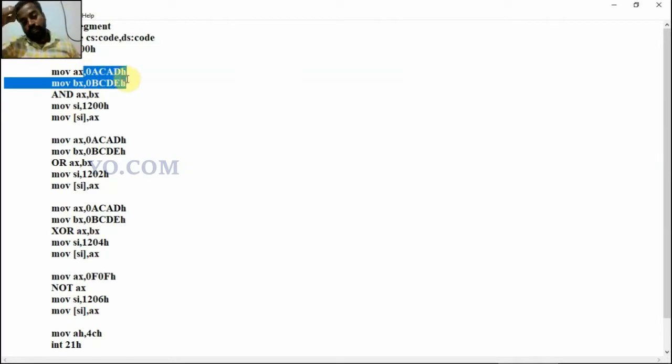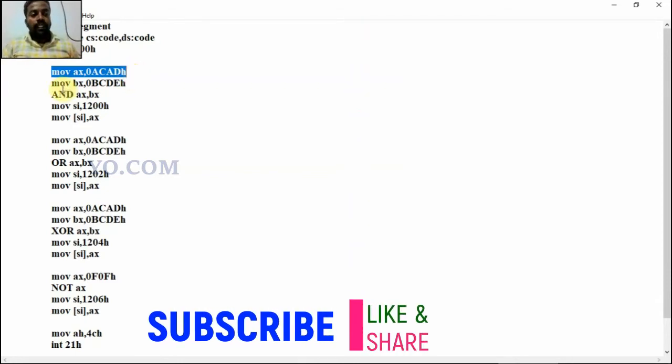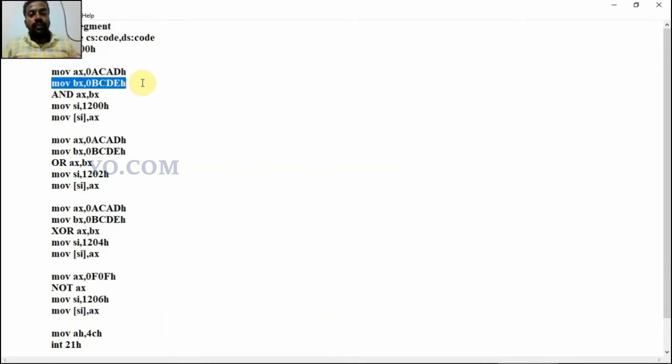The first data is loaded in the accumulator, that is the AX register, the data is ACADH, and the second data is loaded into the BX register, that is BCDEH, H represents hexadecimal. Then we perform AND AX comma BX. After that the result is stored in 1200 and 1201. That is for the AND operation.